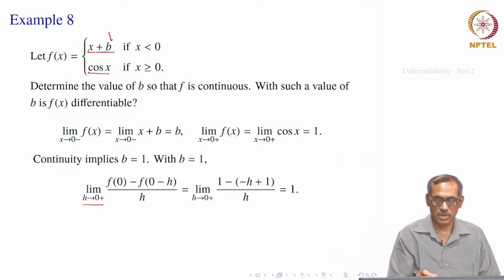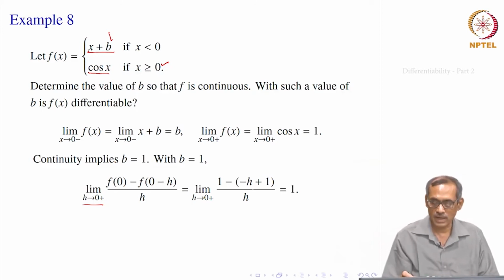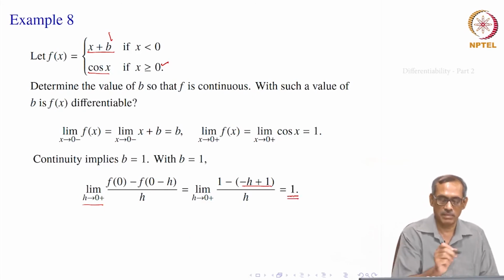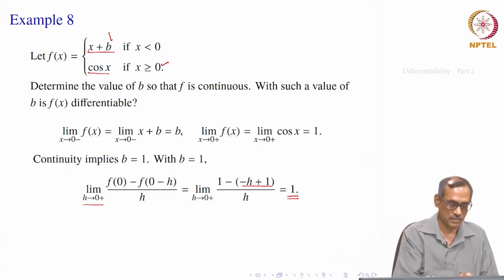So, that gives f of 0 minus h minus f of 0. f of 0 is equal to 1, from this we know, and when it is minus h, that is negative, so it is x plus 1, that is minus h plus 1. So, this gives minus of minus h which is h, and h cancels. So, we get limit as 1, that is the left side limit of the ratio for the derivative.